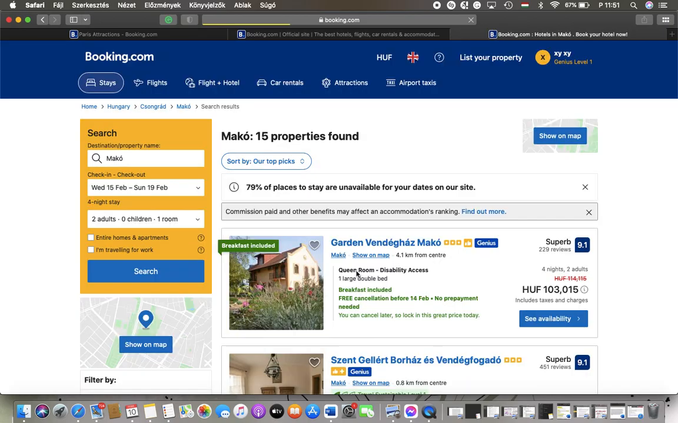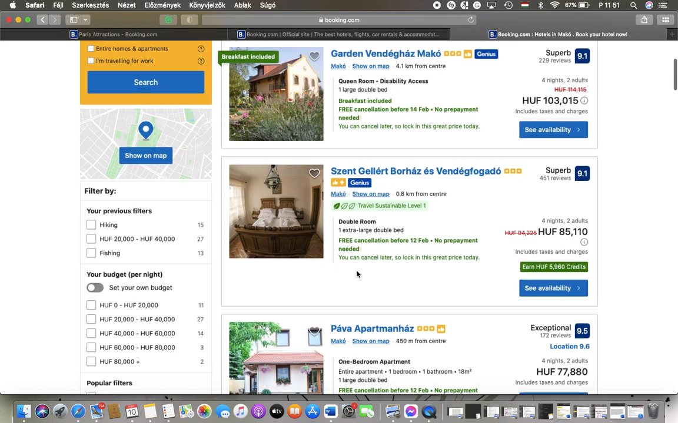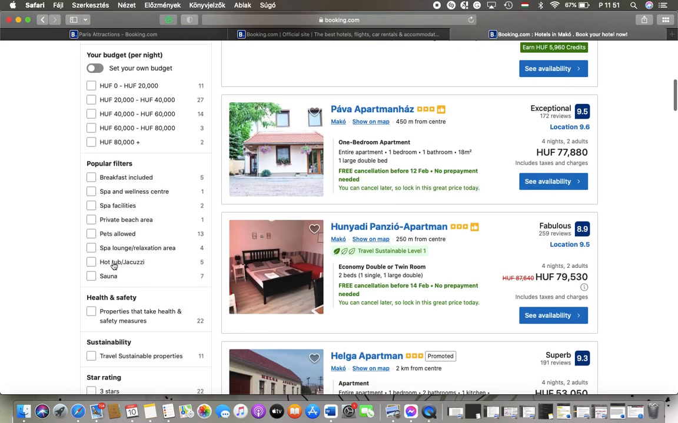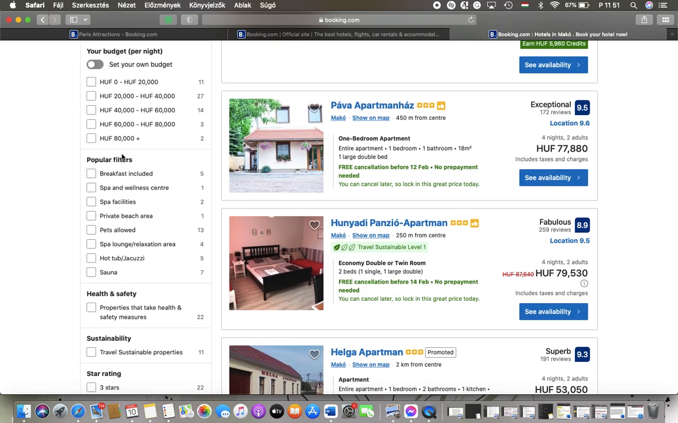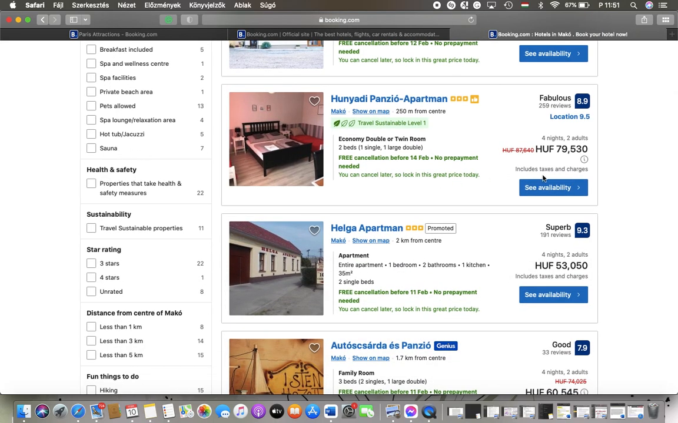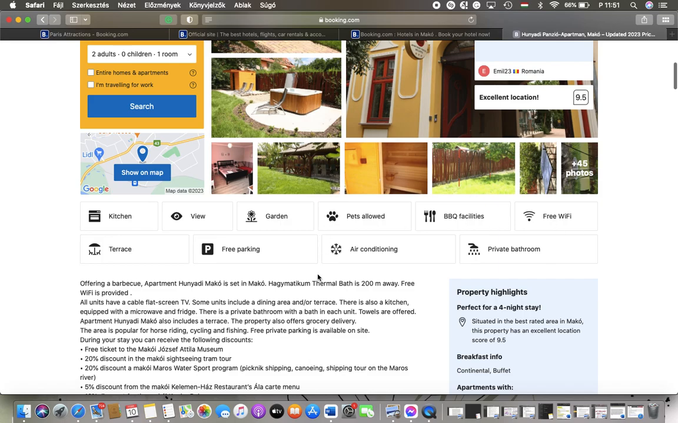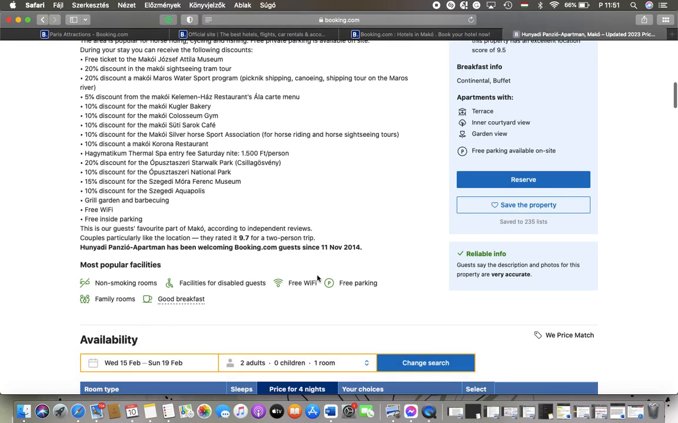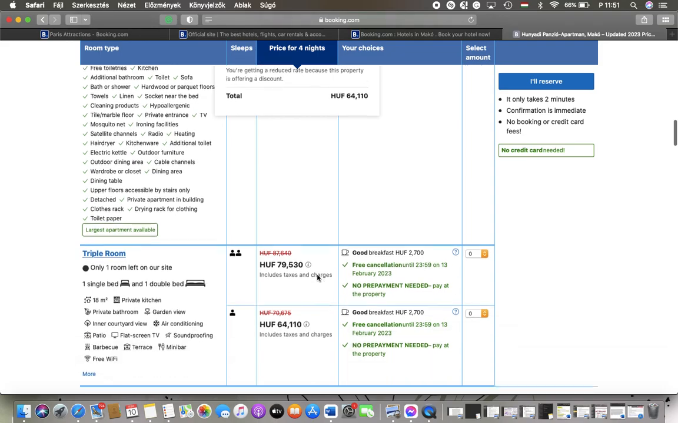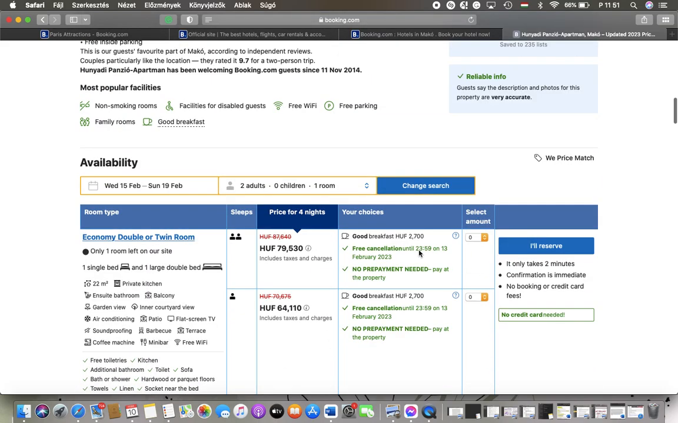Tap on it and then you will be directed to a page where you can check out the hotels. You can apply filters such as breakfast included, spa and wellness center, and so on. Then tap on the see availability button, and then you can check out the details, what's included, and then you can reserve the apartment at the top. As you can see here, you can check out the highlights of it, and basically the availability chart can be